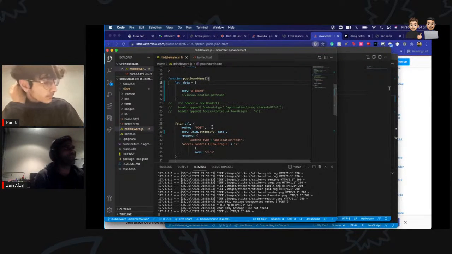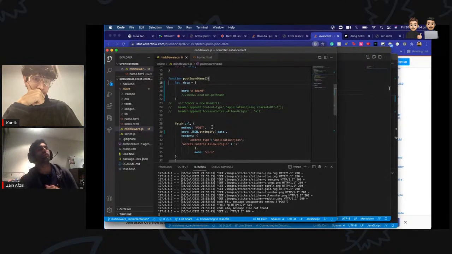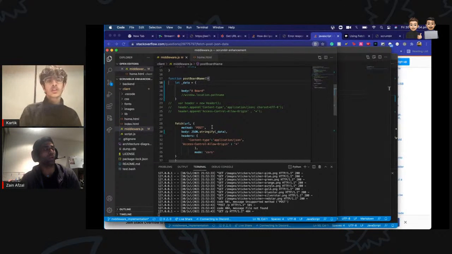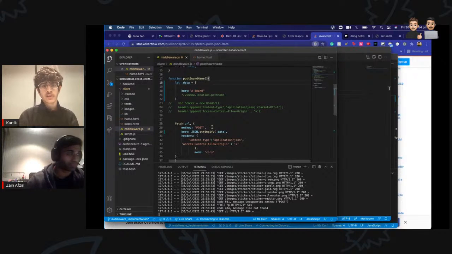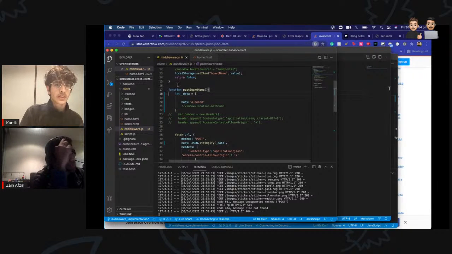Go back to the URL, the JavaScript API one that we were looking at. This doesn't feel right because, oh wait, I know what the problem is. I think I know what it is.